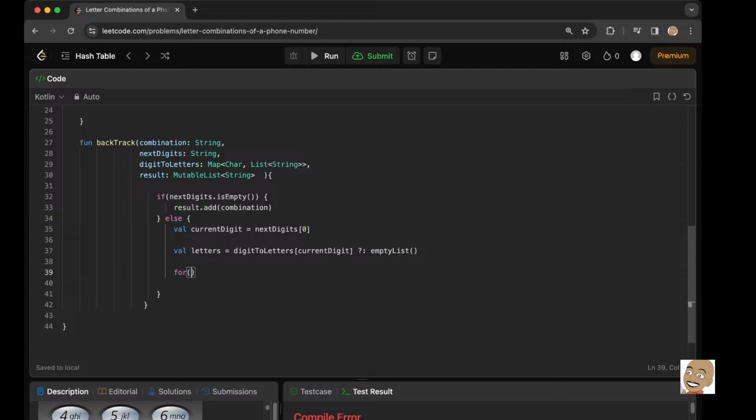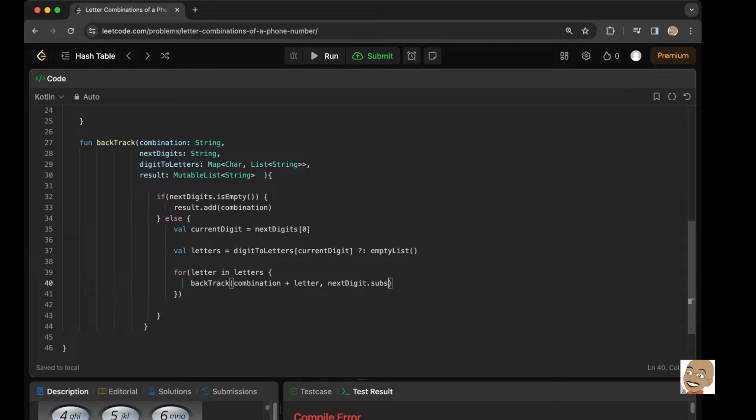For letter in letters, and then I need to make the recursive call, so call backtrack again, and we're going to pass in the combination plus the letter, and then the next digit, or I'm sorry, the next digits, and it's going to be